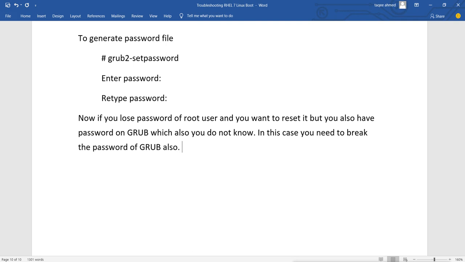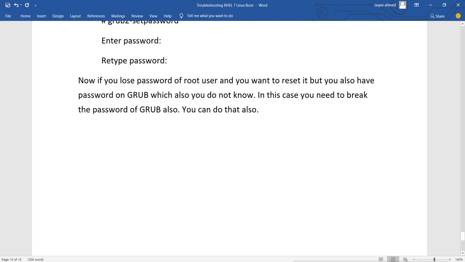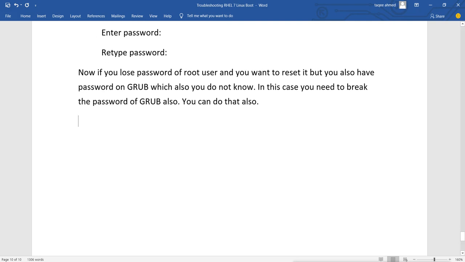So how can we do this now? For this, we have to follow another process, another steps.